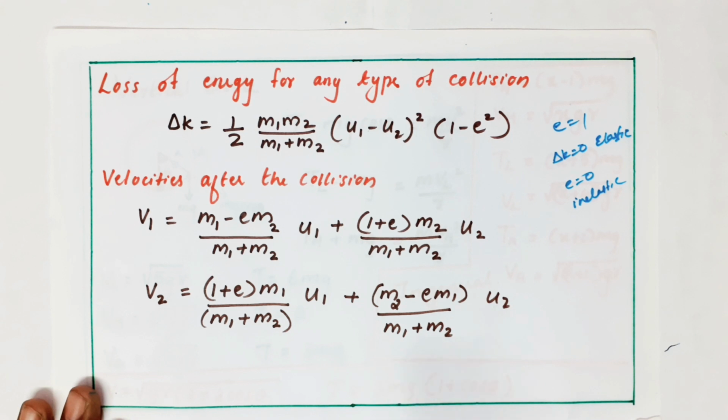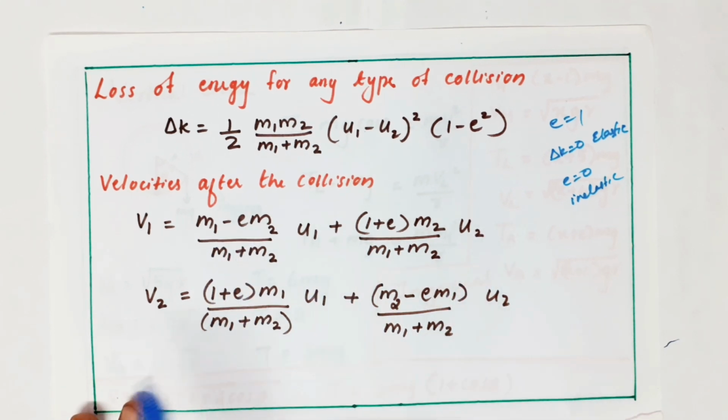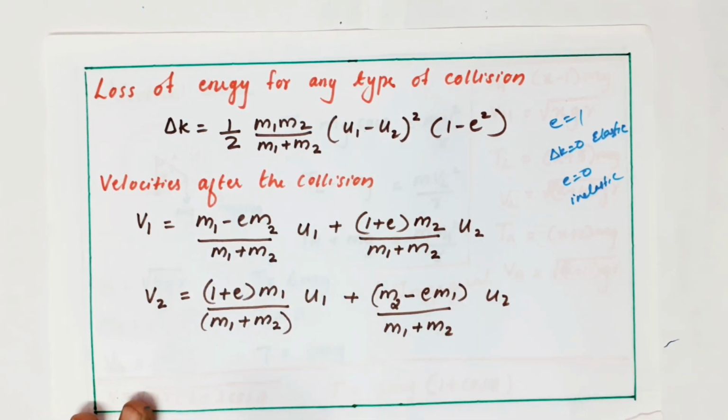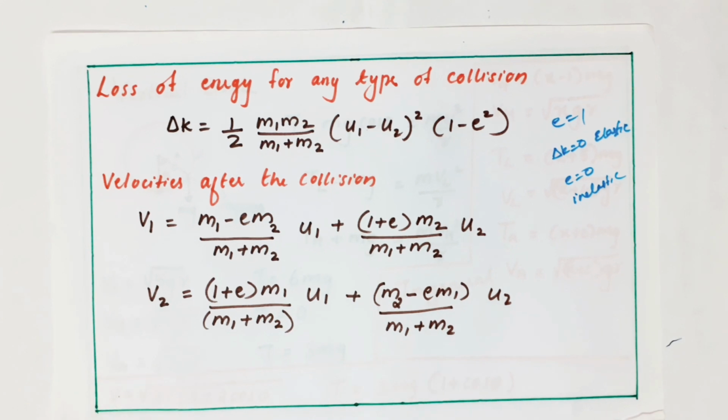All the terms' denominators are the same. You have to remember it in the shortcut form. I told you how I remember: one equation you remember, and the next equation is the same thing, but you are exchanging the terms. When you are exchanging the terms, remember m2 becomes m1. Here also m2 becomes m1. That's all. M1 and m2 get exchanged like that.